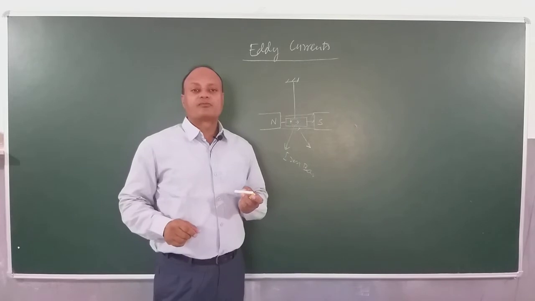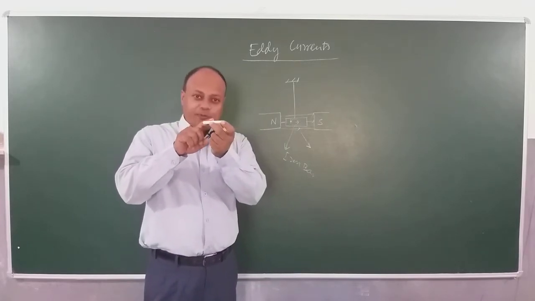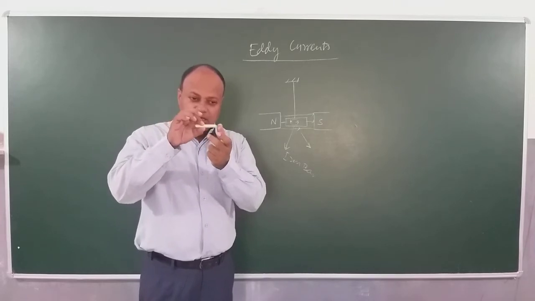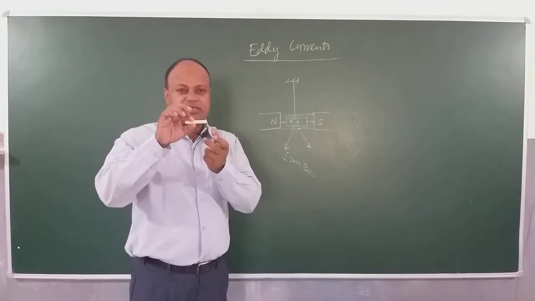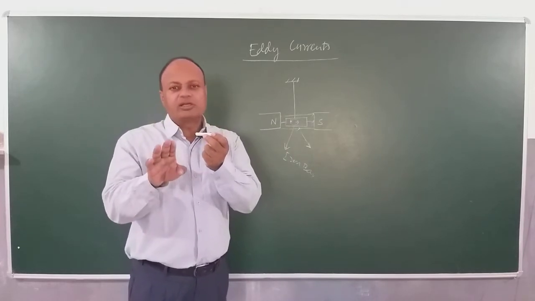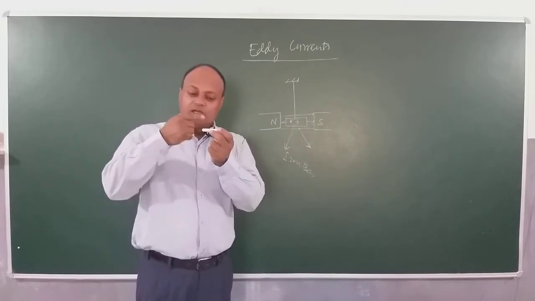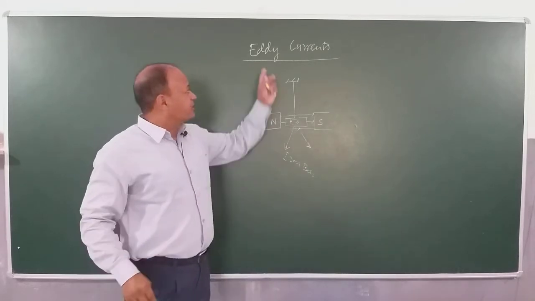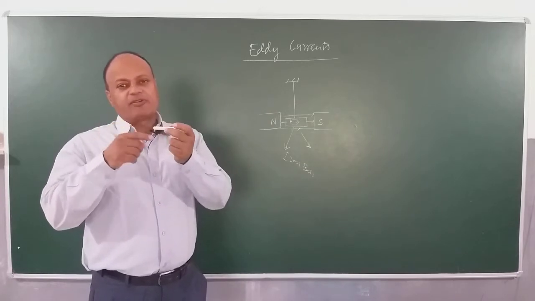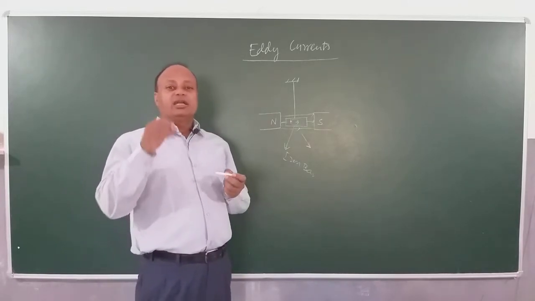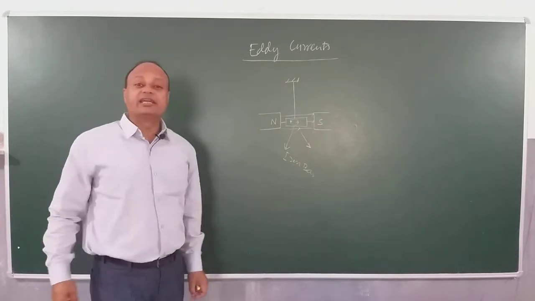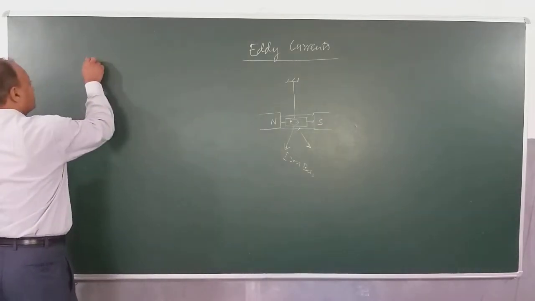Hence, the induced current will oppose the motion of this bar outside as well as inside. So what is the obvious choice? The bar has to stop oscillating. It is clear. So one very important effect of this current is preventing this bar from oscillating, and these are called damped oscillations. Clear? So we'll define what are eddy currents now, children. Eddy currents.